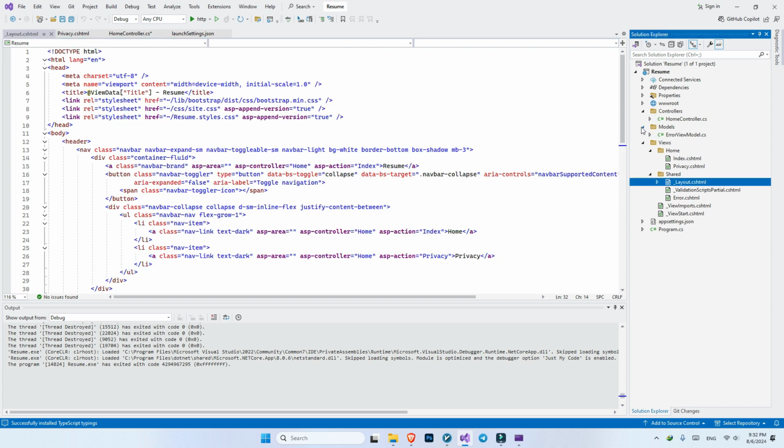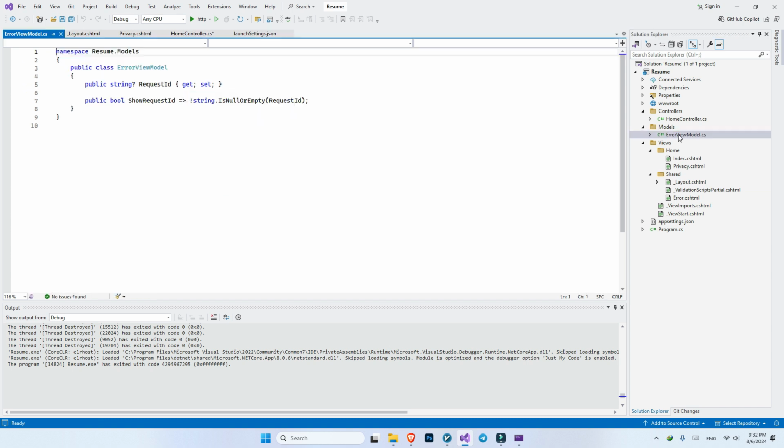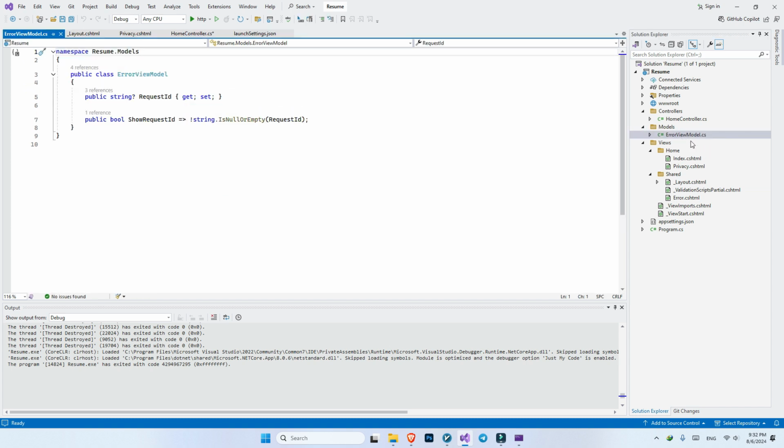Then at last we do have models, and right now we don't have anything besides an error view model, which we are not going to use right now, and I'm going to explain to you how you can return error pages, like how to create 404 pages or other error pages. We also do have some other CSHTML files here, like view imports or view start, that I'm also going to explain to you what they do at the right moment when we are going to need to use them, because I want you to see how it works visually so you can learn it